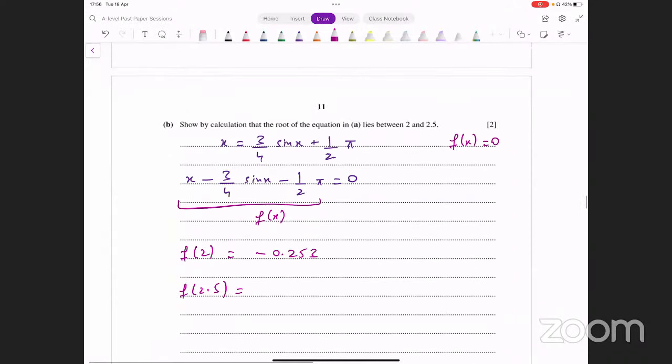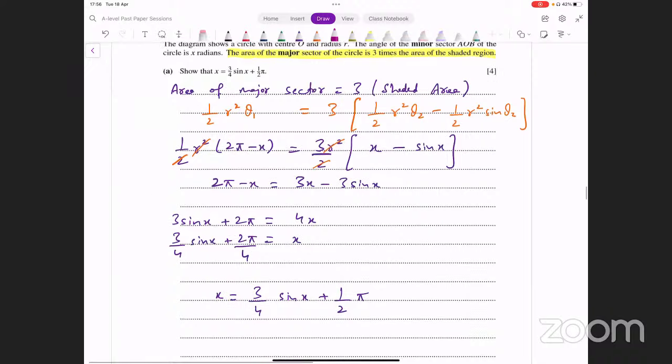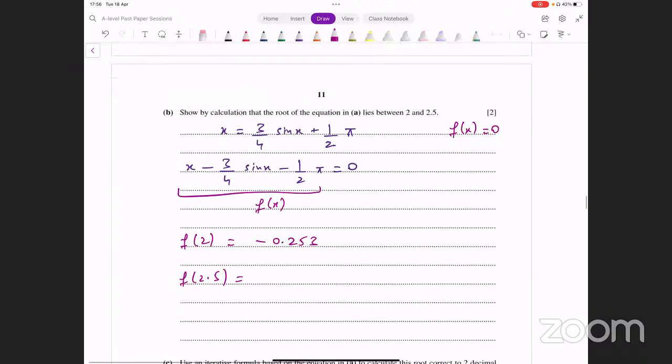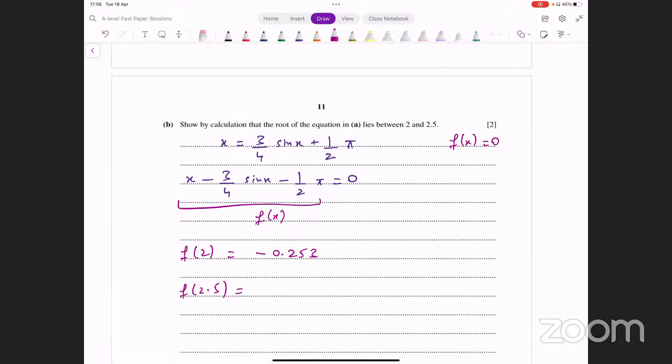ठीक है, और सेकंड वाले से मेरे पास क्या आता है, 2.5 इनपुट करते हैं तो हमारे पास आ जाएगा 2.5 minus 3 over 4 into, just confirm this, 3 over 4 sin x plus pi over 2. Yes, that's correct. अब 2.5 डाल दें x की जगह पे, 2.5 minus 3 over 4 into sine of 2.5 and then minus pi over 2. That is giving me 0.48 लेफ्ट साइड के ऊपर।